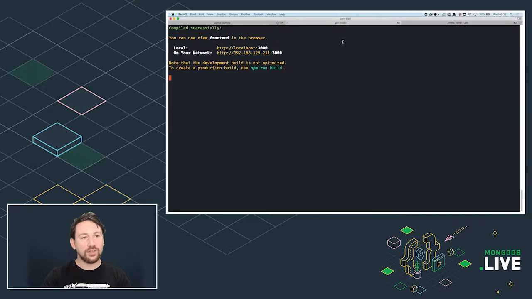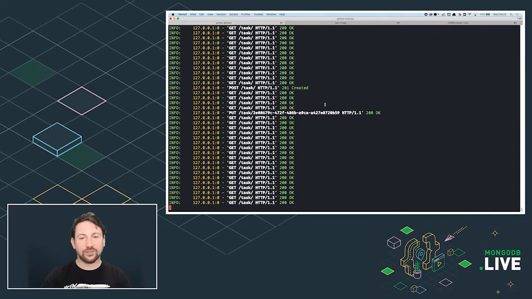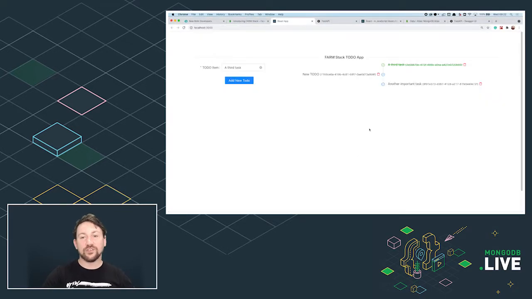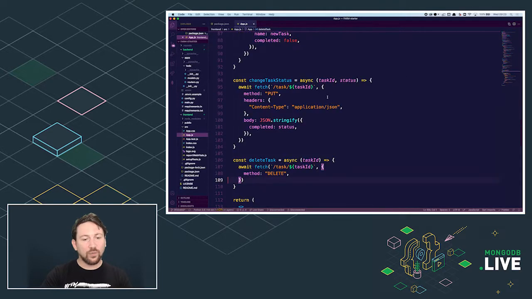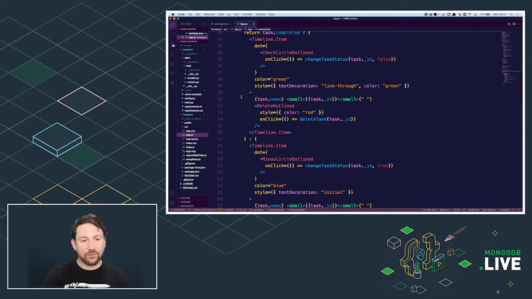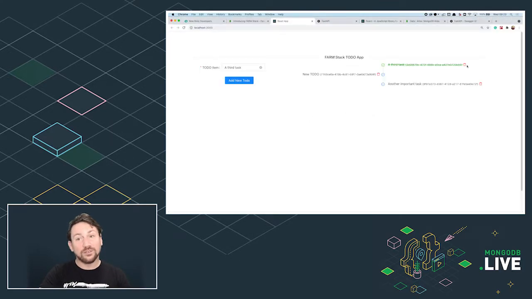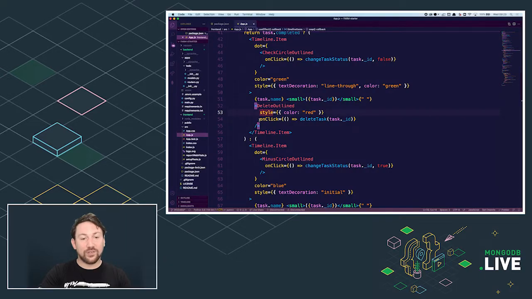Hopefully this should cause these to automatically rebuild for us. And it has, because now in our browser we have this little red icon here. So let's look at our delete request. We have modified this response so that we now have this delete outline. Delete outlined is a component that is simply this icon. And we have this on click event, and all it is doing is passing the task ID to our delete